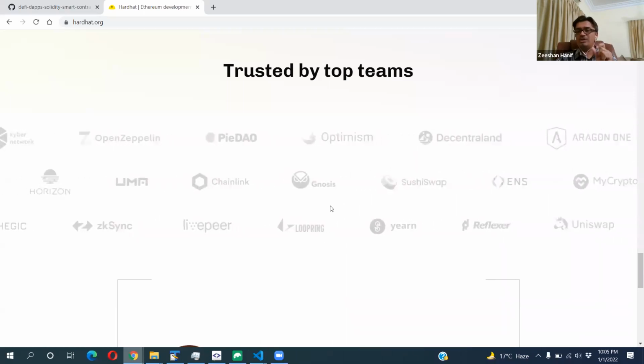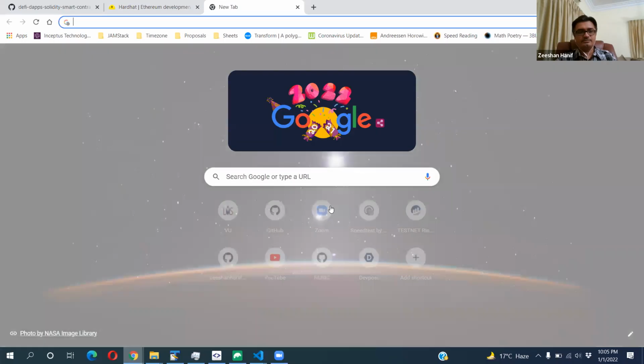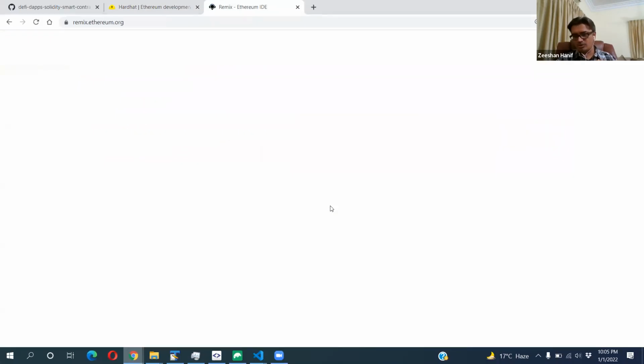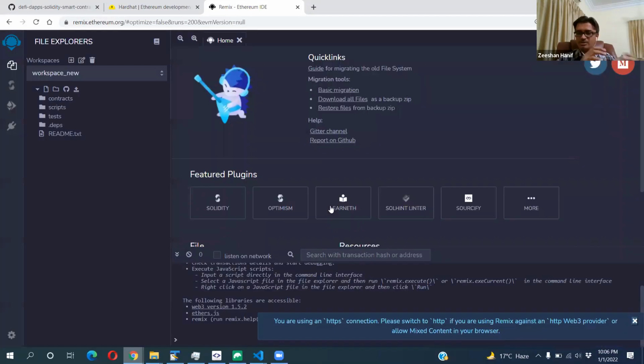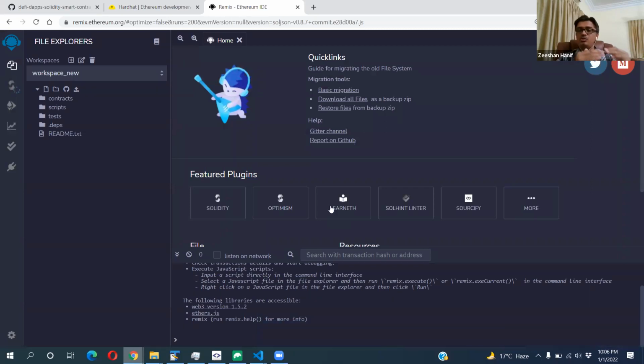Of course, you can go directly on Remix and start developing your smart contract. But the problem is, with Remix you can use it for proof of concept. You can develop your concept and run a sample application, but then you must come to a development environment which gives you the complete ecosystem of running and deploying an application. All those things need to be there. So for that we'll be using Hardhat. Hardhat has many things which I'll show you.